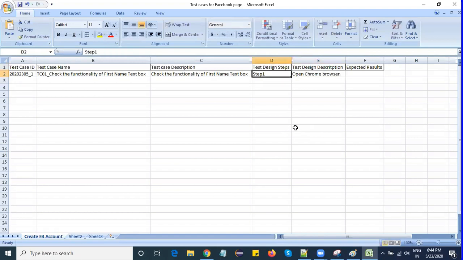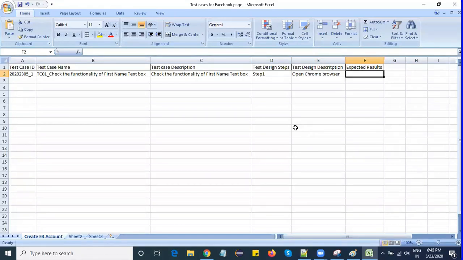Okay. So many people think that the expected result is very tough to write. I do agree, writing the expected result is very tough, but when you know how to write it, then it is very easy to understand. How? The outcome of the test case description is nothing but the expected result. What is the expected outcome here? Open Chrome browser means the browser has to open, right? So what do I need to write? Browser should be open or browser would be open. What is the difference between would and should? Would means may or may not, right? Should means 100% correct. That's why the word should has to be used in the expected result.